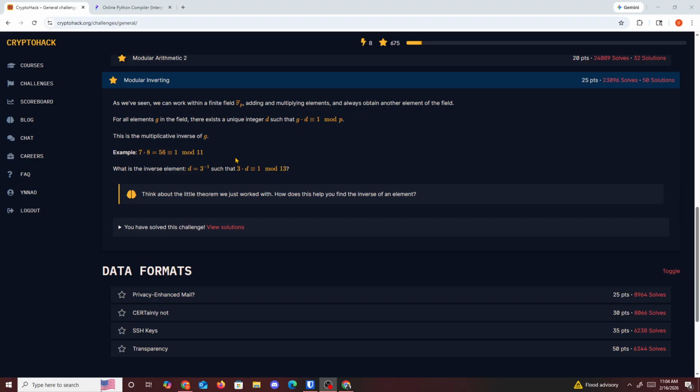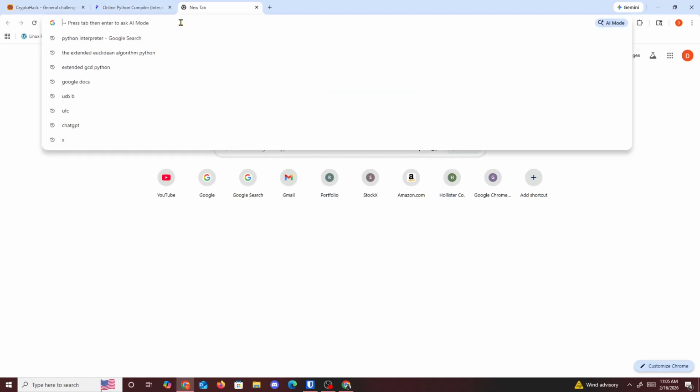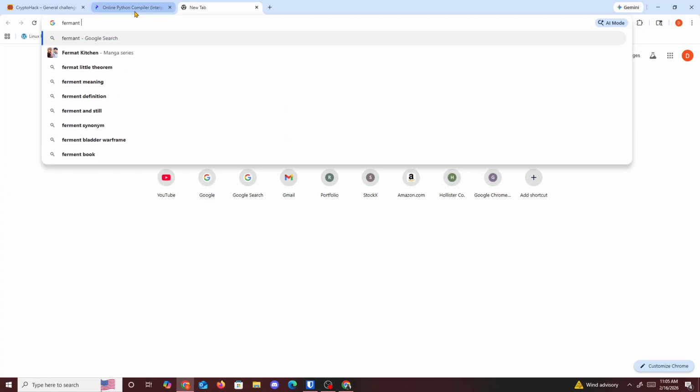So, they want us to find the inverse of 3, times D equals 1 mod 13. So, what number multiplied by 3 gives us 1 mod 13? So that's the inverse they're trying to make us find. So how do we solve this challenge? It mentions something about the little theorem. So if we look up Fermat's little theorem,